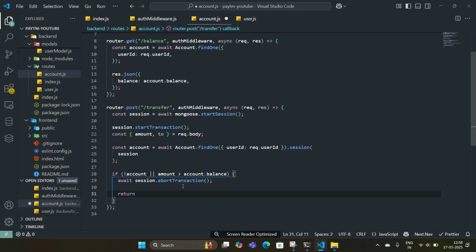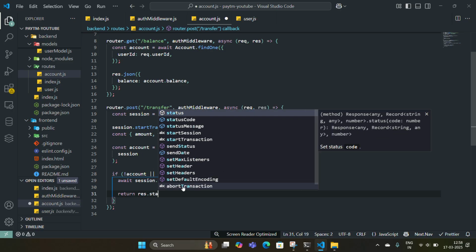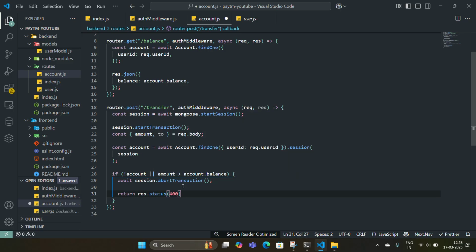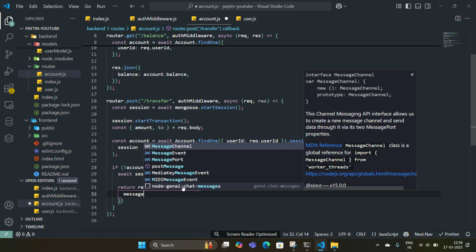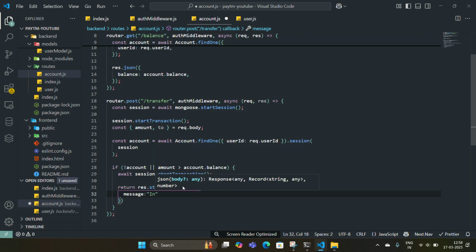Just give that guy an error: res.json message, पैसा नहीं है तेरे पास,